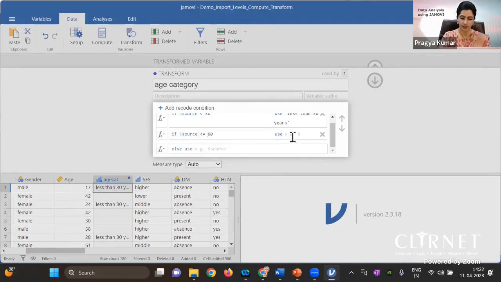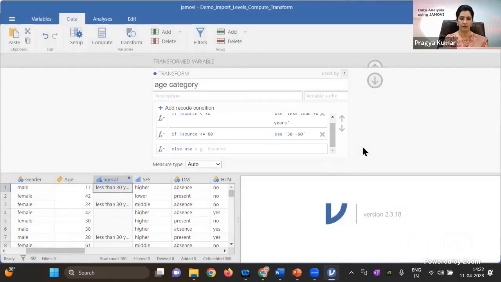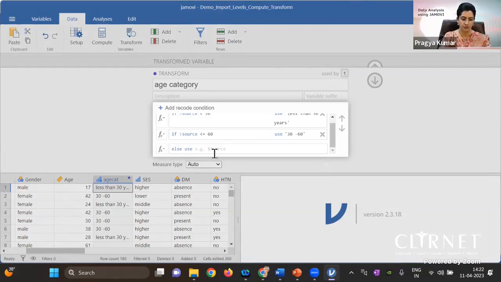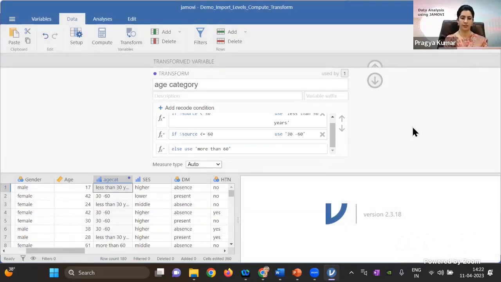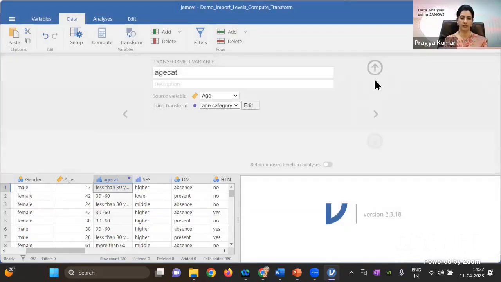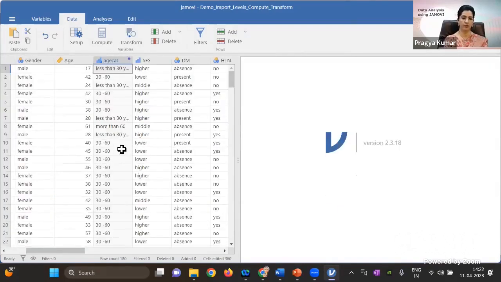And here you can write in single quotes 30 to 60, and then you can see 30 to 60. Else use more than 60. So more than 60 in the single quote. And if you click this, you can see here that it has populated all these